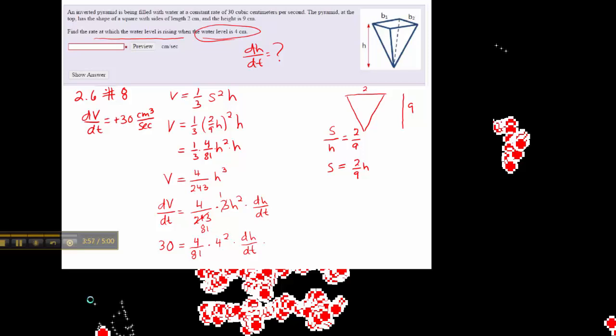Okay, now solving for dH/dt, I'm going to get 30 is equal to 64, because I'm going to have 4 times 16, so 64 over 81 times dH/dt. I multiply by the reciprocal, and I would get